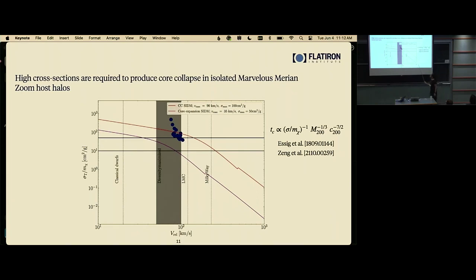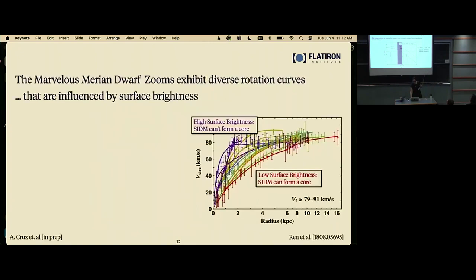So the second case is what I'm calling core expansion SIDM. So you're not going to form a core collapse by Z equals 0. And we have chosen to use this purple curve, which is consistent with Ren et al. 2019 in the area where diversity is maximized. Okay, so Ren again showed that they could solve diversity because of the coupling between the dark matter and the baryons, the way that the self-interactions tie those two things together.